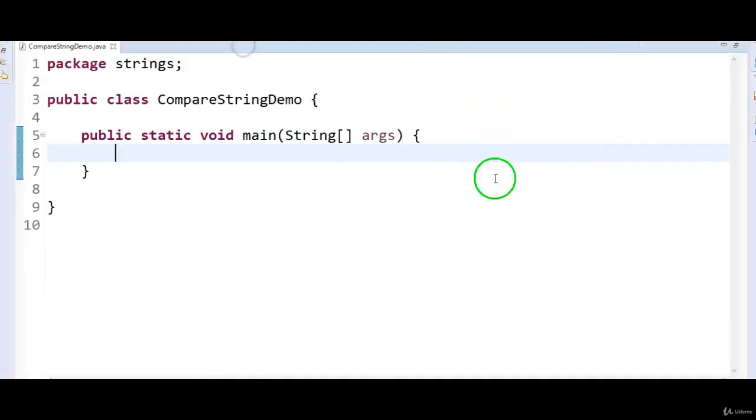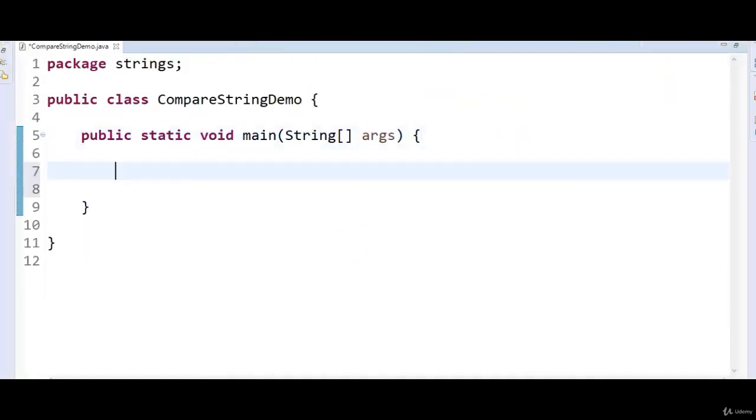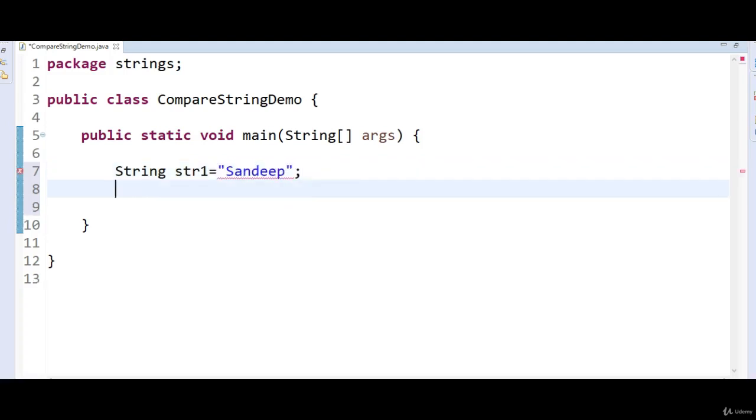I am just taking two strings: String str1 equals Sandeep, and I am taking one more string, str2 equals Sandeep. Now I have two strings with me.